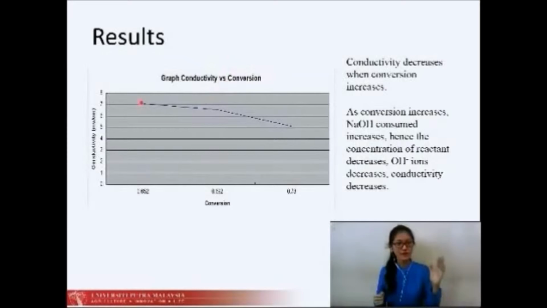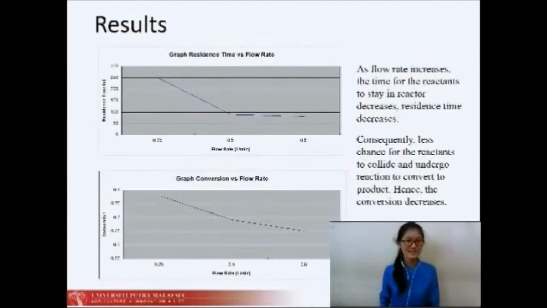Based on the graph, it is clear that conductivity decreases when the conversion increases. This is because as the conversion increases, sodium hydroxide consumed also increases. Hence, the concentration of sodium hydroxide decreases. Dissociated hydroxide ions will also decrease. Hence, conductivity decreases. Next is the graph of residence time versus flow rate and the graph of conversion versus flow